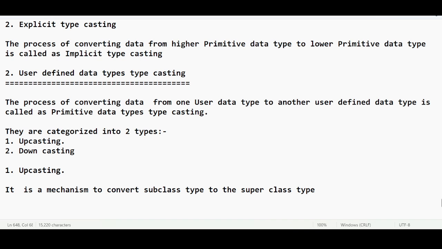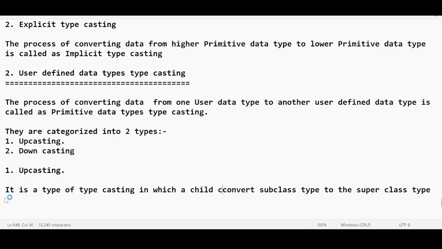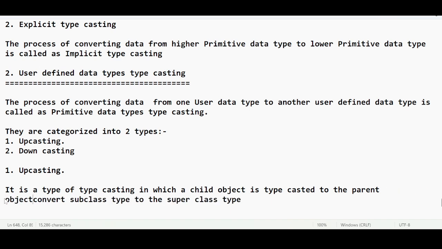I am saying it is upcasting. I am just saying upcasting is a mechanism, or I can say that it is a type of typecasting in which a child object is typecasted to the parent object, or else I can say parent class object.